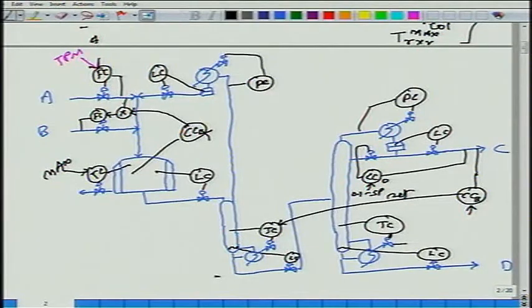If I look at the overall material balance on the whole plant, the per pass conversion of the reactor could be whatever. Overall conversion is 100%, right, because every mole of A that is coming in is reacting to form either C or D. No A and no B is leaving the process, or a negligible 0.1% is leaving, which you can neglect. So essentially the overall conversion is 100%. Reactor per pass conversion may be 10%, maybe 90%.